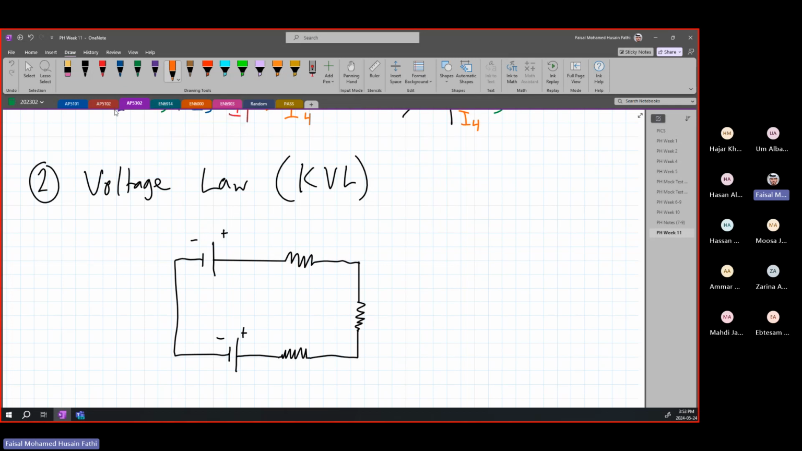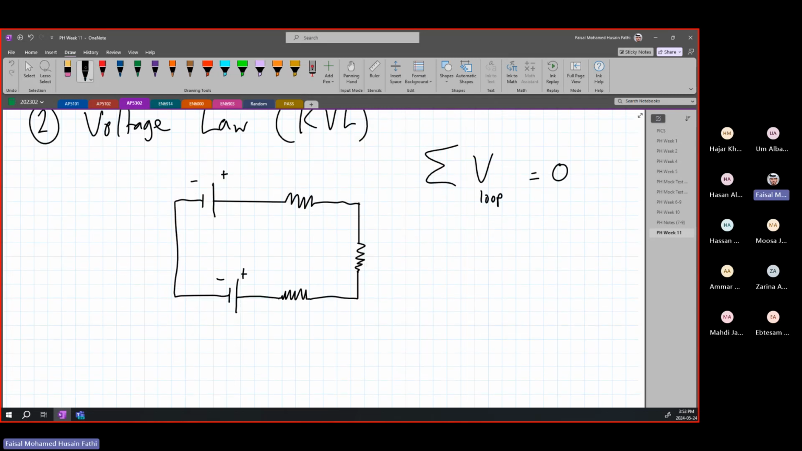So here, what does KVL say? It says the voltage that is going around the loop has to be equal to 0. So in other words, it's saying the summation of voltage in a loop should be equal to 0. What does that mean? We are going to be going in a circular direction like this, and when we reach back over here at this point, the voltage has to be 0. And how do we apply that? So